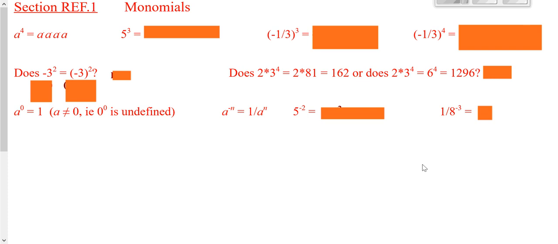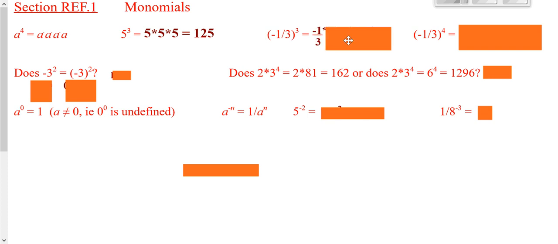So today we're going to take a look at exponents, how exponents work, what they mean. When we look at something like a to the fourth, that really means a multiplied by itself 4 times. So anything like 5 cubed means 5 times 5 times 5, multiplied by itself 3 times, and we know that gives us 125. Similarly, even if it's a negative 1/3 all cubed, would be a negative 1/3 times a